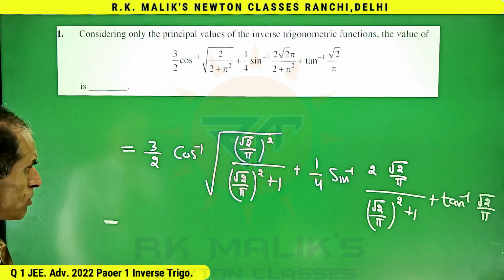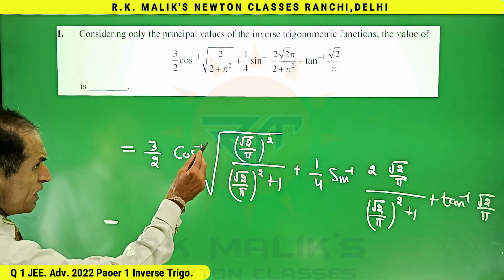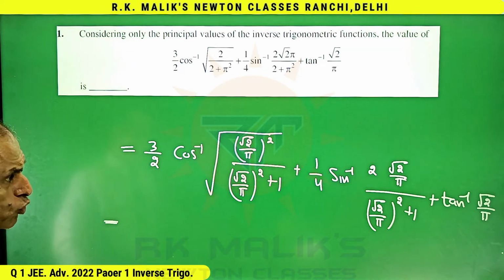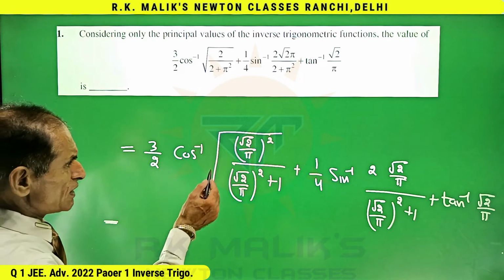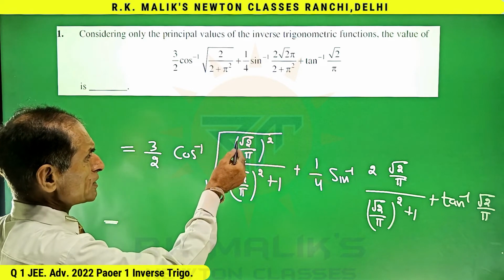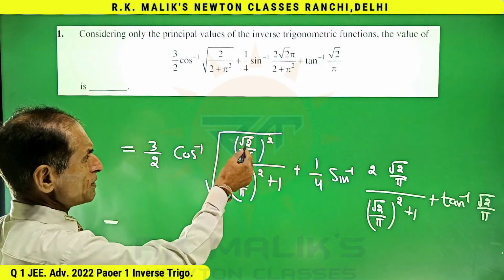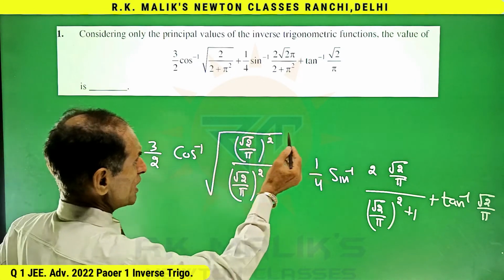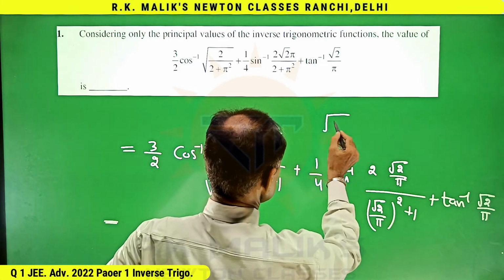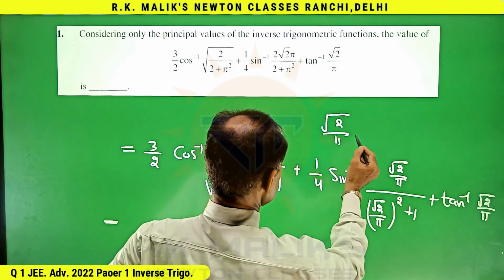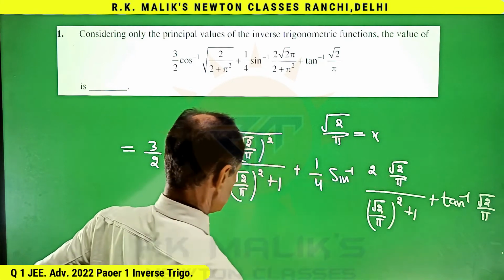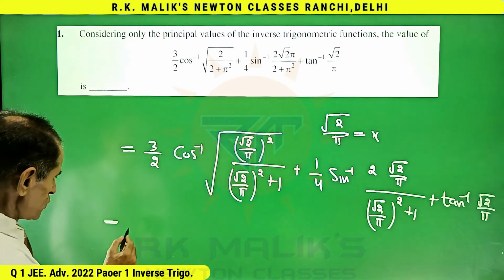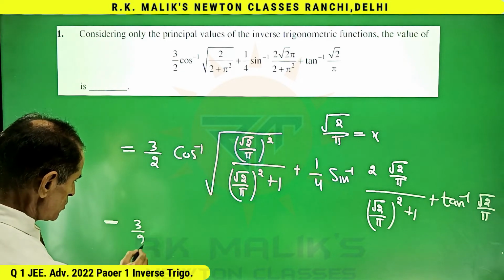Because again and again I will have to write root 2 upon pi, it is better to write it by some symbol. Say, let us take root 2 upon pi as x, and therefore the question becomes